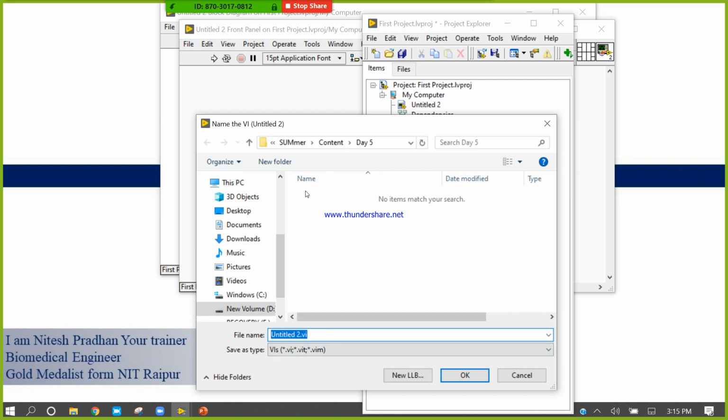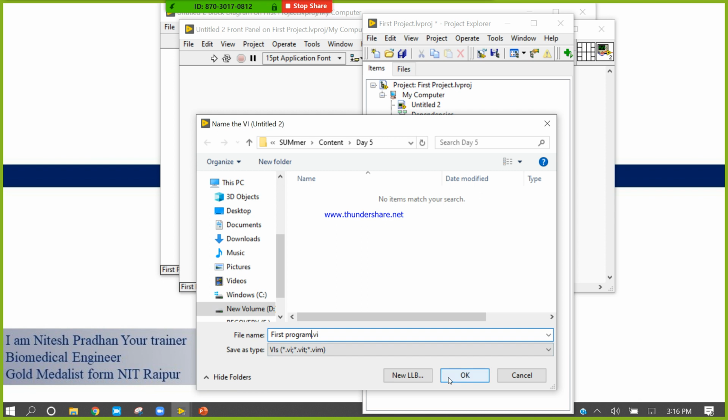I am saving the VI in that day folder as first program.vi. The extension is .vi, .vit, or .vim.